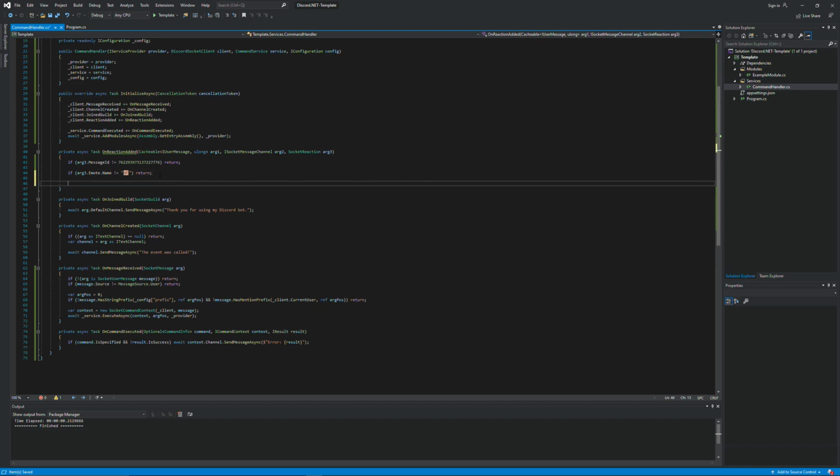Now the final thing we want to do is you want to search for the role. So var role equals, and then here what we're going to do is we want to get the ISocketMessageChannel as a SocketGuildChannel. So what we're going to do here is argument 2 as a SocketGuildChannel. And now what this allows us is to go to the guild, and then within the guild we want to go to roles and then pick the first or default role that has the name or the ID matching our